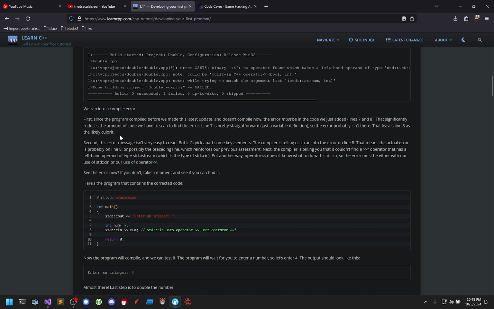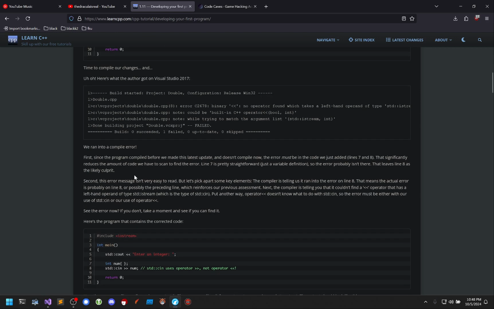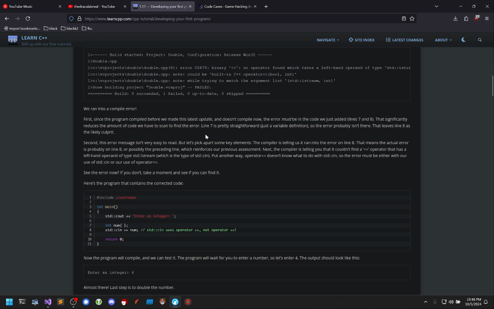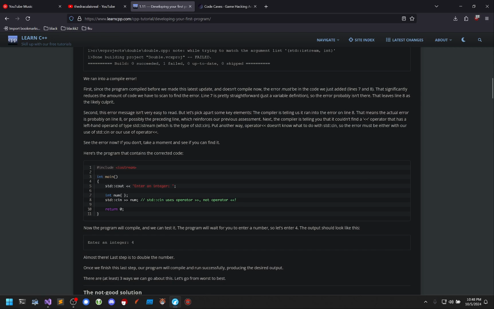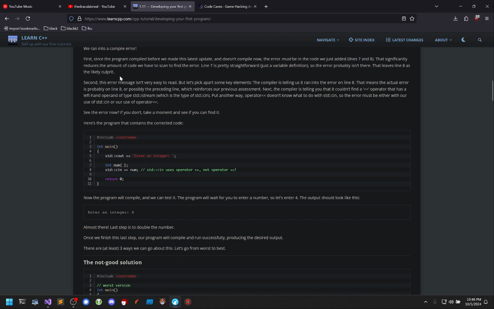Run into a compiler first. Since the program compiled before we made this latest update and doesn't compile now, there must be an error within the code lines we just added. That significantly reduces the amount of code we have to scan to find the error. Line 17 is pretty straightforward. It's a variable definition, so the error probably isn't there. That is, line 8 is the likely culprit. Second, this error message isn't very easy to read, but let's pick apart some key elements. The compiler is telling us we ran into an error. This thing about a boolean and